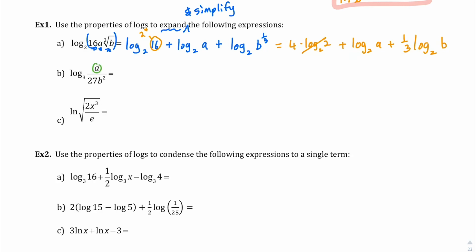Okay, and so in this case we've got a on top, we've got 2 bases of 27 and b squared, both of which are in the denominator, so those are going to both be negatives. So I'll start off, we have our log 3 of a minus log 3, and in the interest of saving a little bit of time, I'm going to rewrite 27 as 3 cubed and minus log 3 of b squared,